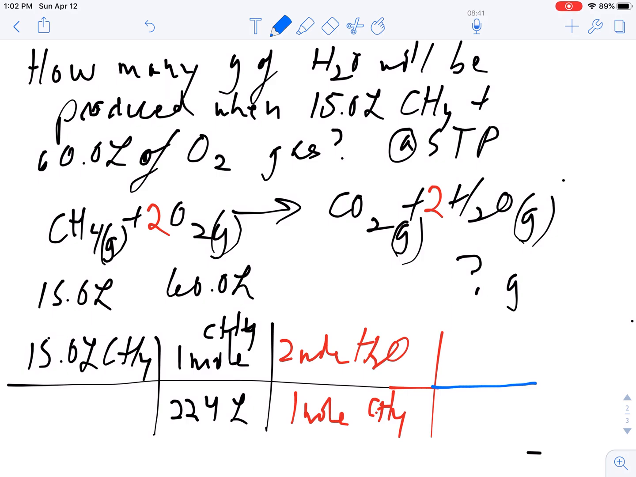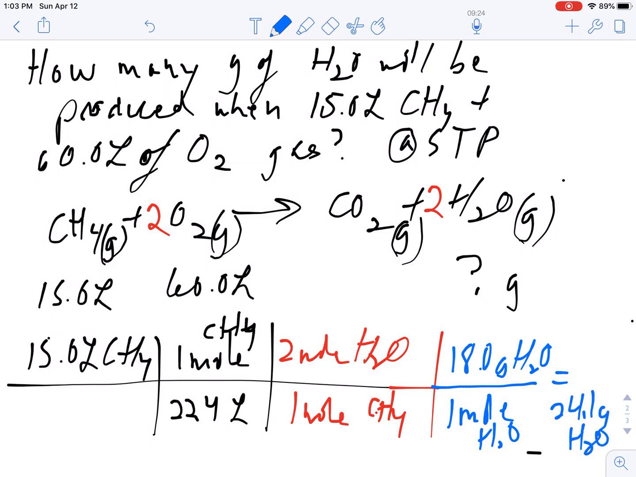So how do I convert to grams? I use the molar mass. So for every 1 mole of water, it will weigh 18 grams. How did I come up with that? I added up oxygen, which weighs 16, hydrogen, which weighs 1, and there's 2 of them. So now I'm ready to plug it in, and I get the answer of 24.1 grams